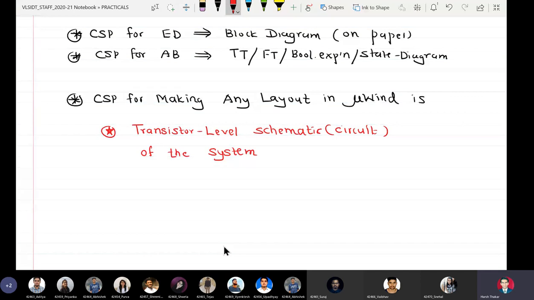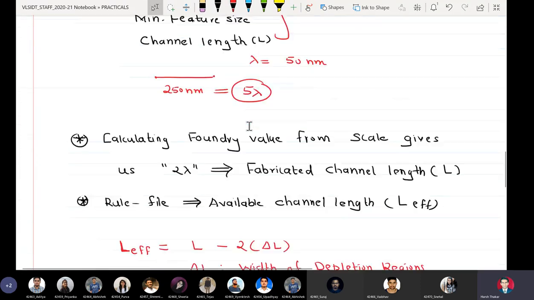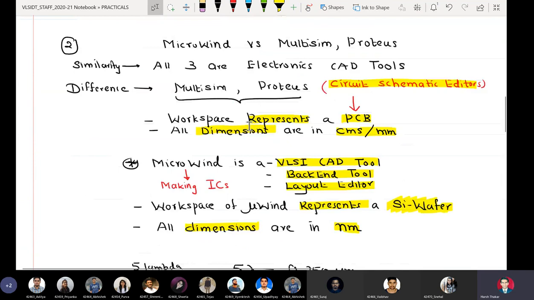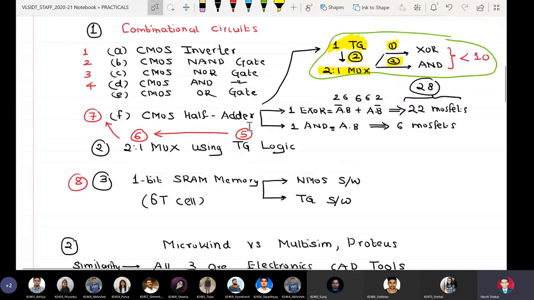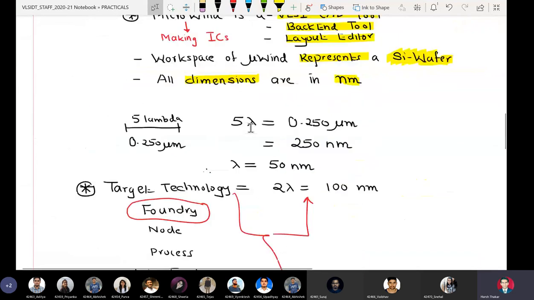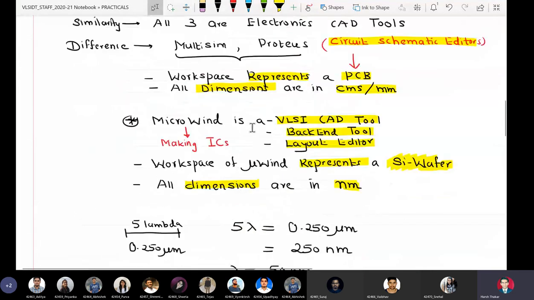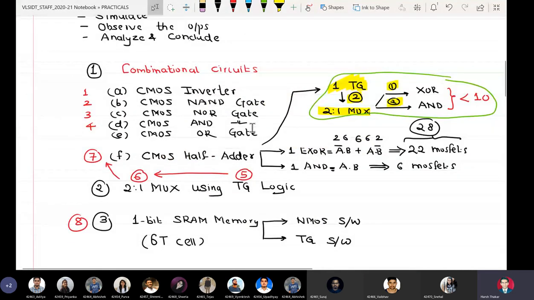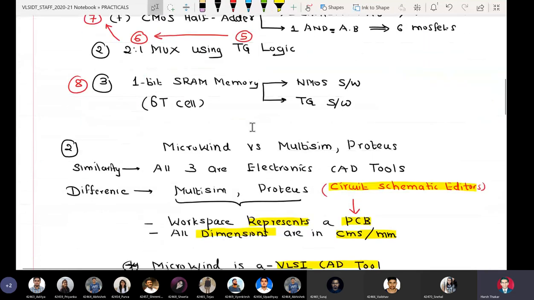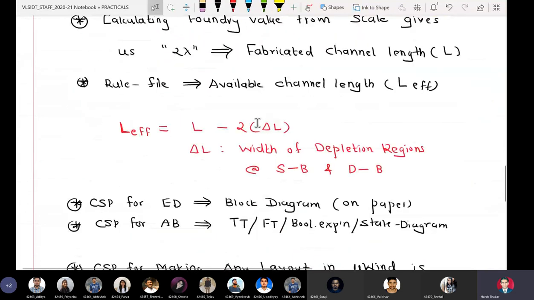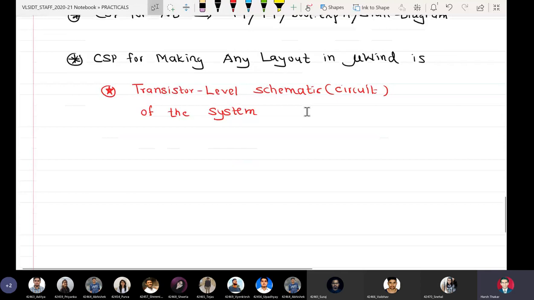It can be a half adder, a full adder, a plain multiplexer, or a 1-bit memory cell. That is why when I say system, it refers to all of our assignments. Anything from 1 point A to 1 point F, or 2 and 3, are all called systems. So in order to make the layouts for all these 8 assignments, on paper we have to make the transistor level schematic.